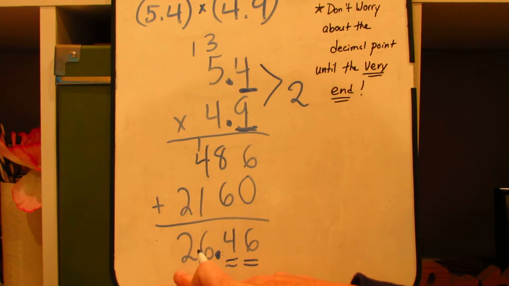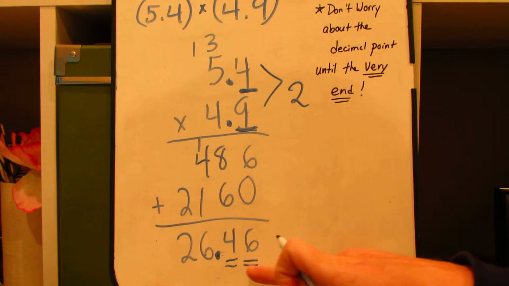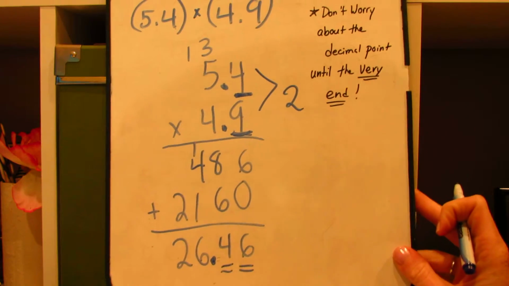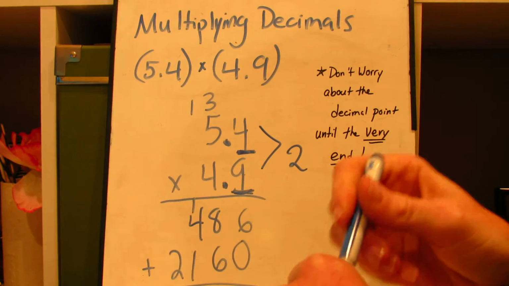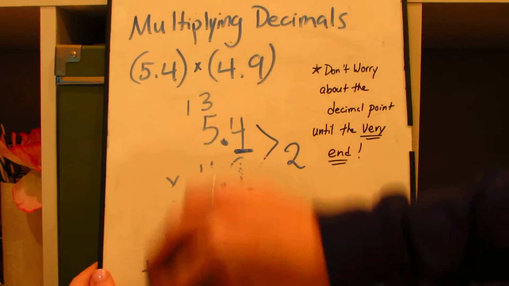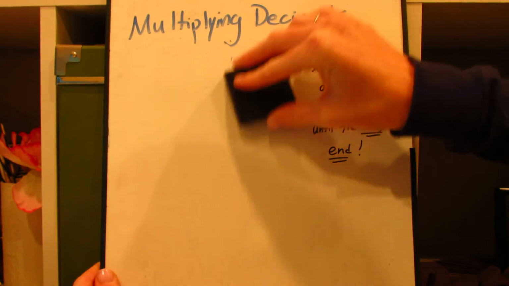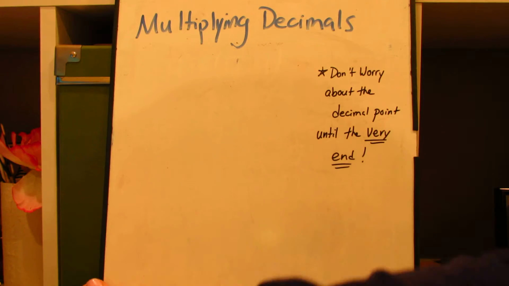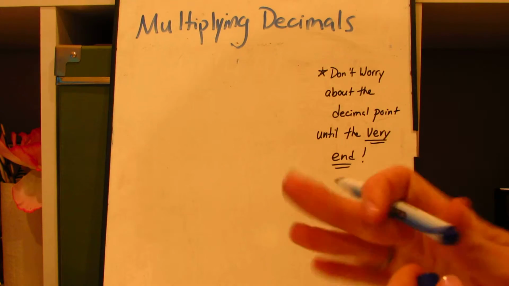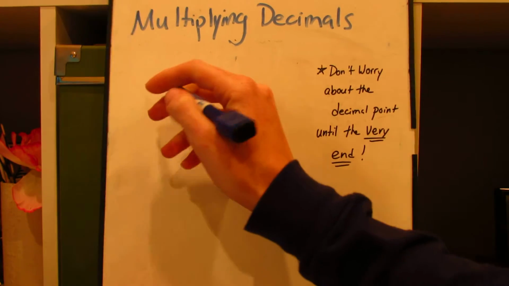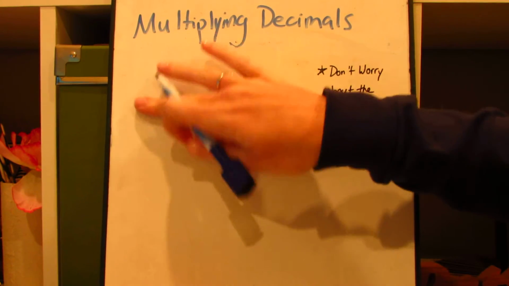So my final answer is 26 46/100. Alright, let's try one more. The next question is 6 1/10 times 1 863 thousandths. Ooh, big number. 6 1/10